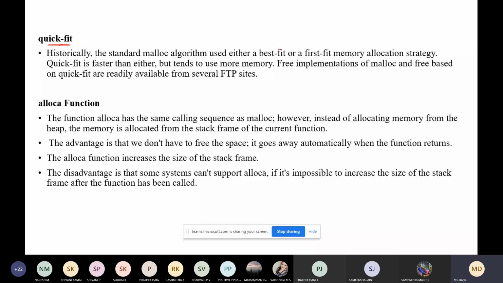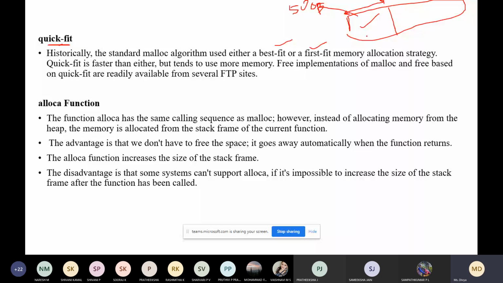For example, what is first fit? I need to allocate 500 bytes. It will search, and if it finds somewhere around here 500 bytes, it will allocate it. The best fit will search for the best space to allocate these 500 bytes.